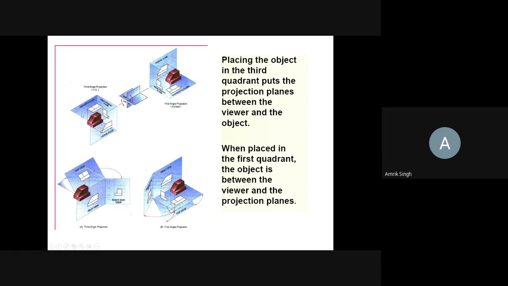So you see, when you look at the top view, it is there in the top. Front view, it is there in the front. So when you open this up, it will be like this. Okay, if you open it like this. And if it is in the front side, the top view is on the horizontal plane. Okay, and the front view is here. So when you open this plane, it is like this.